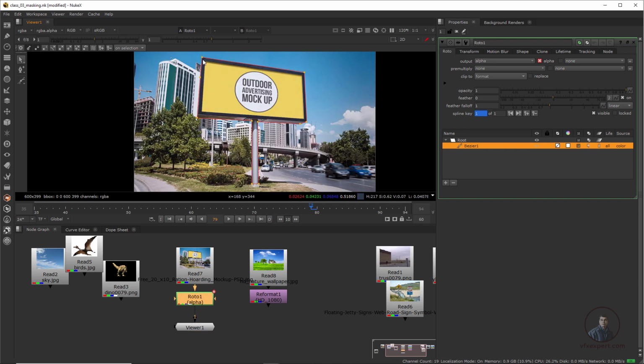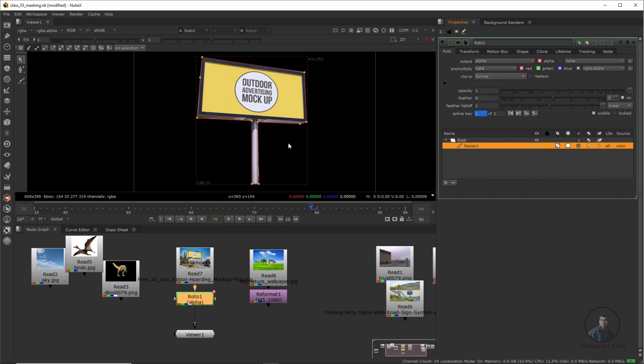Now if you want to cut out this object, there are mainly two options. First, you can straightforwardly use Premult, so this will just cut out this object. And second, in the Roto node, double click, and you can also use this Premult option. Then from here you can use this RGBA, so this will also give you this cutout object. Then you can easily composite on any background.